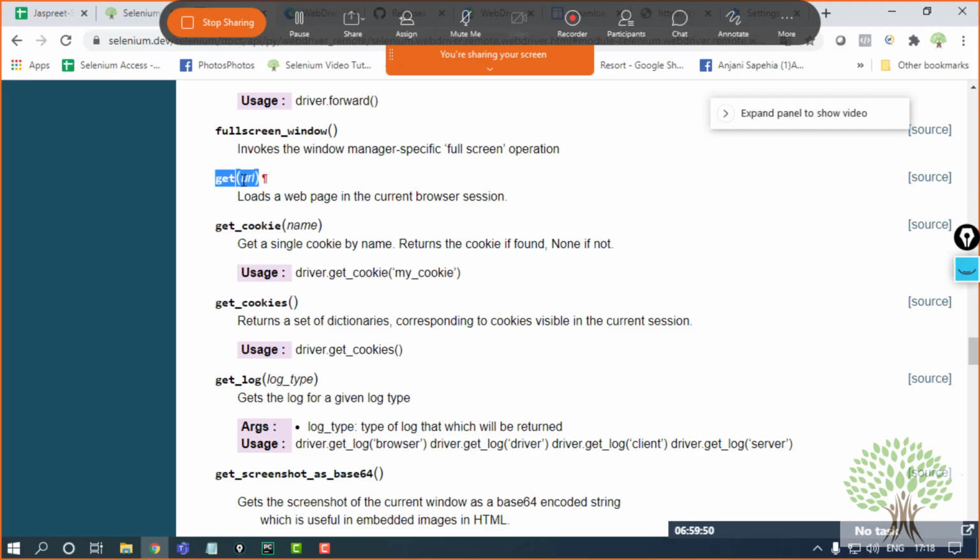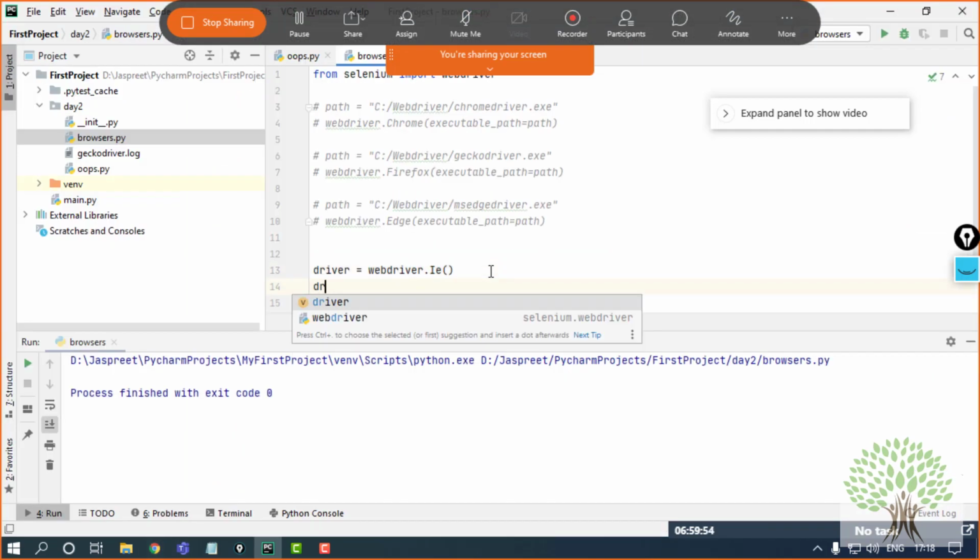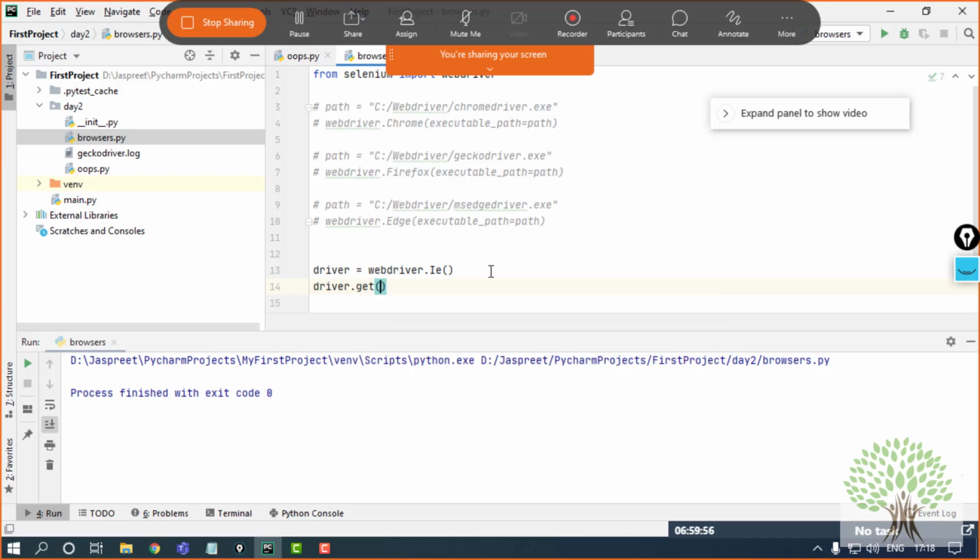So I'll be using this function only, and I'll say driver.get, and over here I will be just passing the URL. Let's say I want to open up facebook.com. This I want to open. So I'll save this and run this.